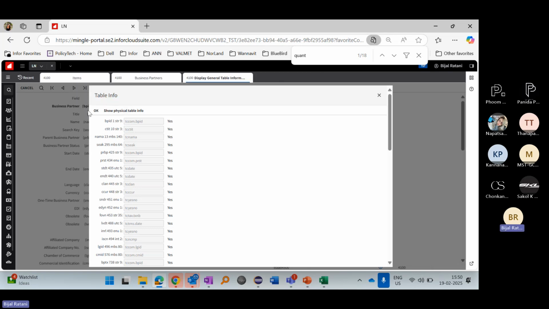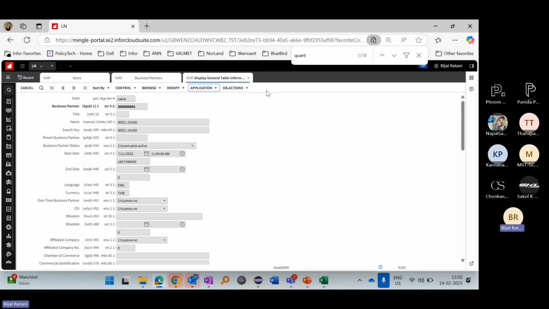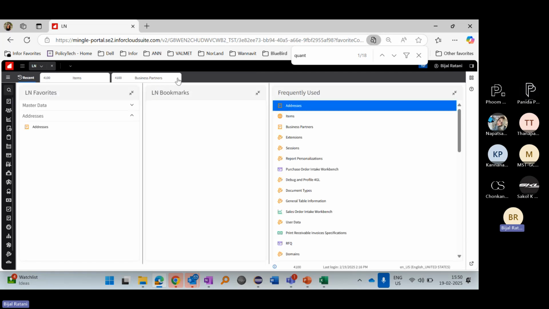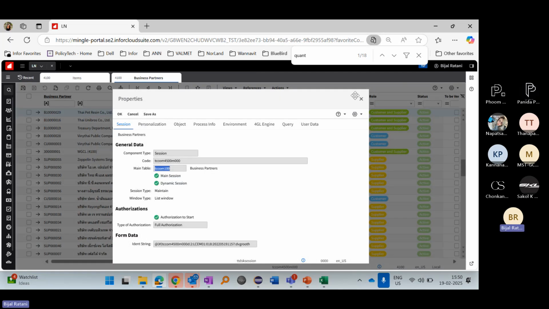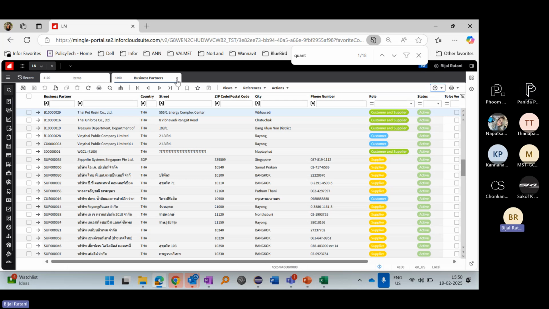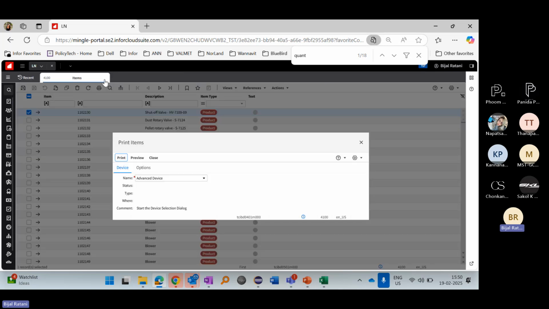So again, I have made the changes in my report extension. So I should be in that activity. So if you remember the activity concept from our initial